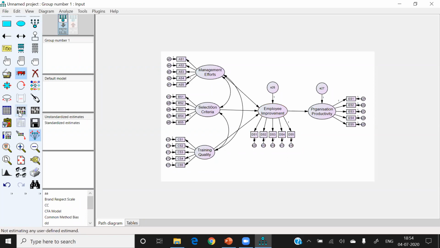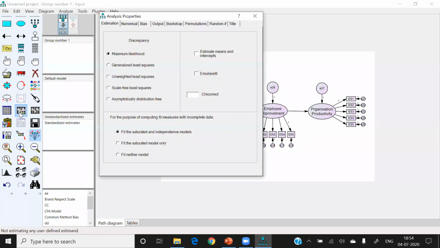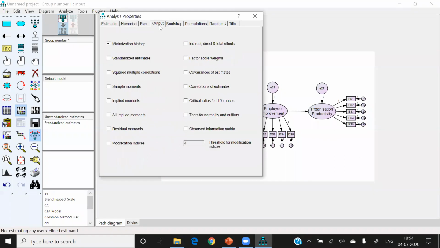After that, I will go to this eighth icon. The name of this eighth icon is Analysis Properties. In Analysis Properties, you can see that the method we are applying is the maximum likelihood method, assuming that the relationships are non-linear. Then we go to the output. We want to see the standardized estimates, which are known as path coefficients.